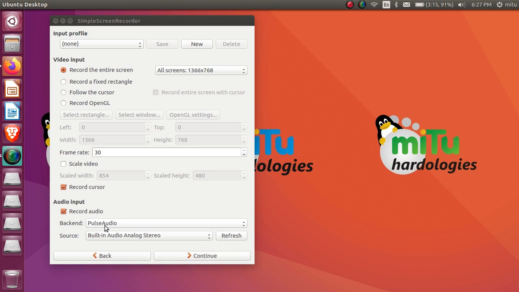If you don't know what audio stream you have, you can just make a trial and error, or check your My Computer's properties for the name of your audio given over there. Based on that, we need to choose this particular audio stream here.